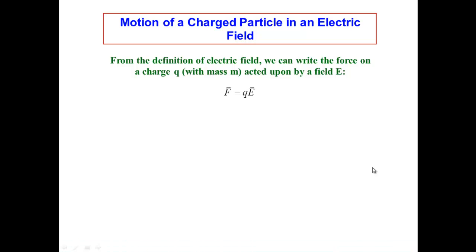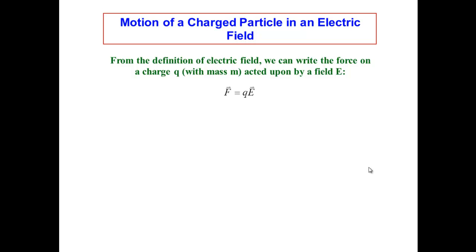Welcome to Physics 142. What I'd like to do right now is really briefly review how we calculate the force on a charged particle in the presence of an electric field, and then what we can do with the knowledge of that force. So very briefly, going back to the definition of the electric field, we can easily write down